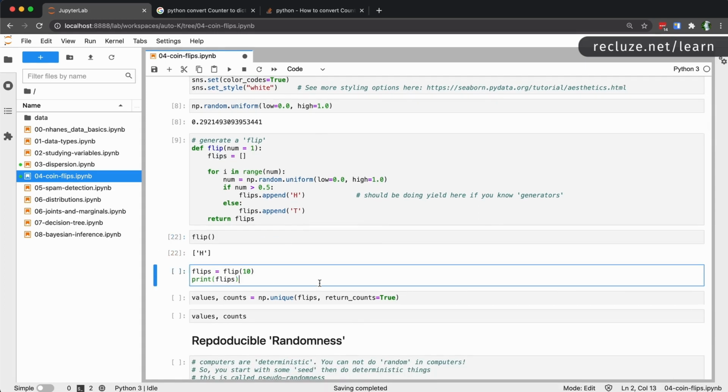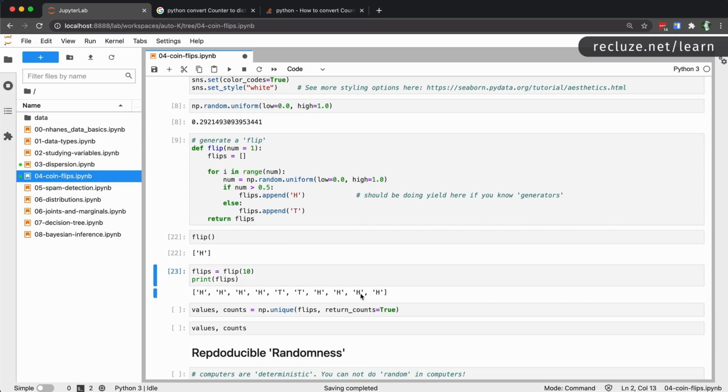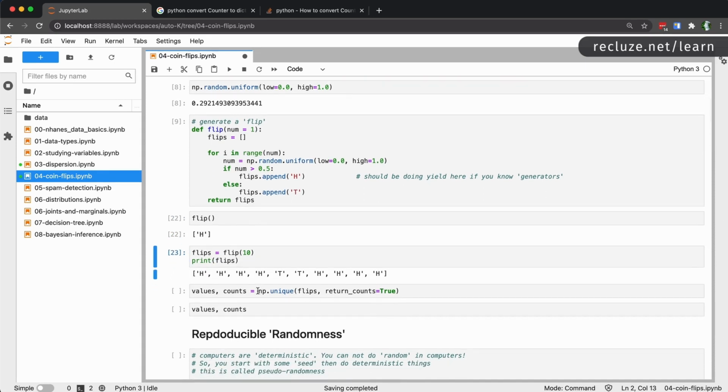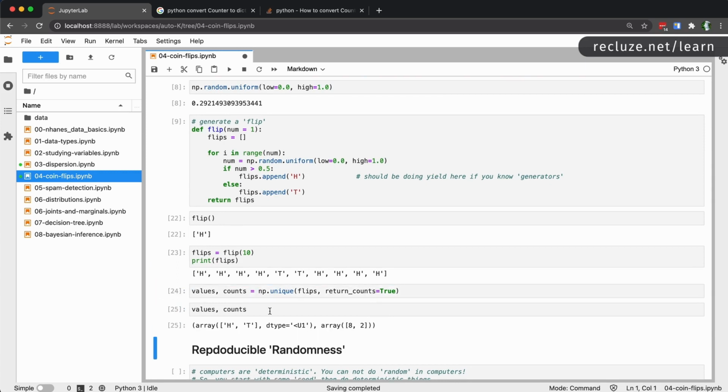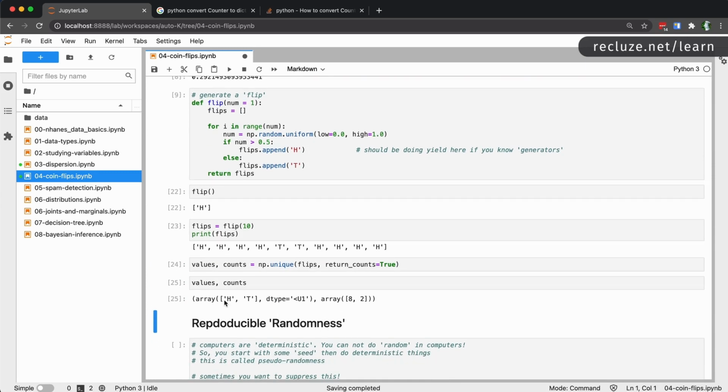We can also go ahead and generate 10 flips. So flips is equal to flip(10), and that is going to generate 10 flips for us. We can also go ahead and count the different values in this. If you output that, you will see that we have this number of heads and tails. So we have 8 heads and 2 tails. We don't have to count them manually because, remember, we're doing this for 10 right now, but we're going to scale it up. So instead of counting them by hand, we are using np.unique, and we are telling it to return the counts as well. So it's going to unique out the values and also return their corresponding counts. So that's out of the way.